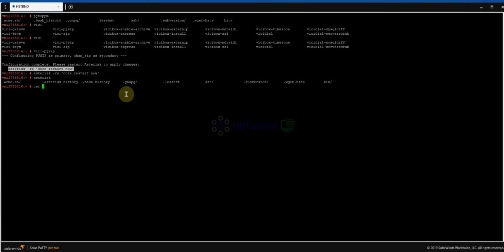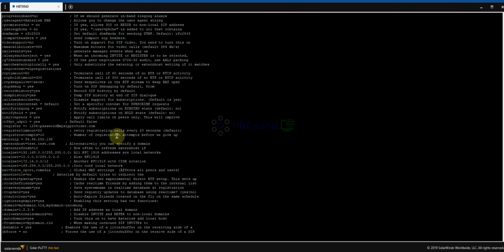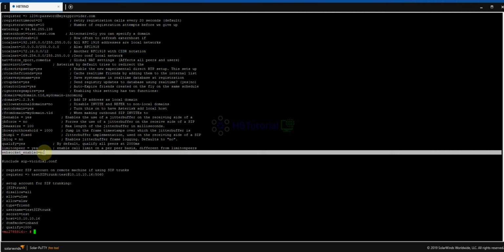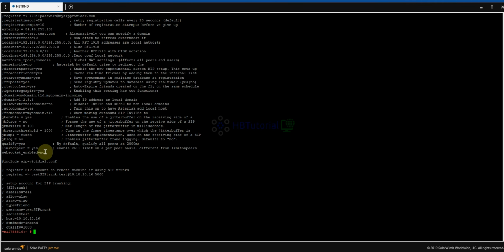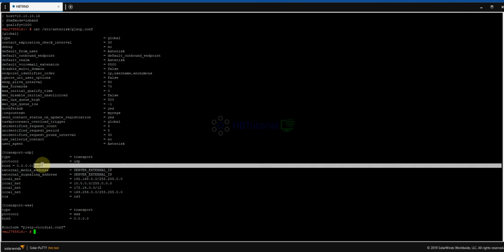So if you check the configuration, our SIP port right now is still 5060. Okay, then WebSocket is no. So it means the chan_sip WebSocket is not enabled. So if we check the PJSIP, as you can see here, yeah, our socket. So we will use this one. So the port is 5060 already.